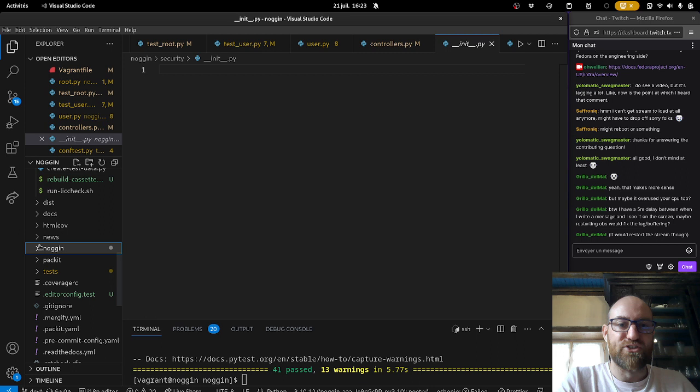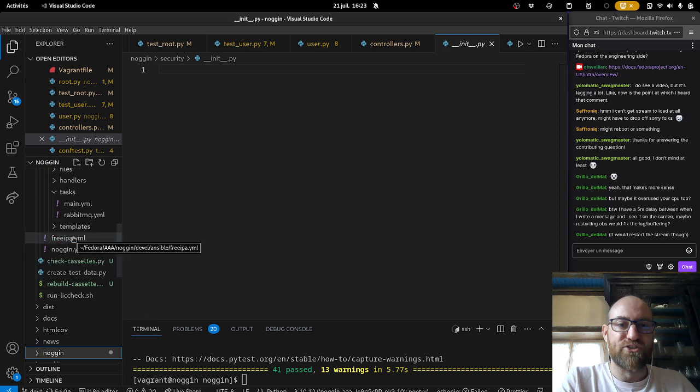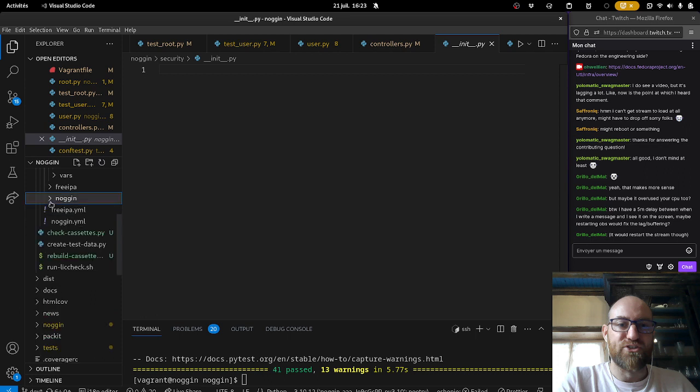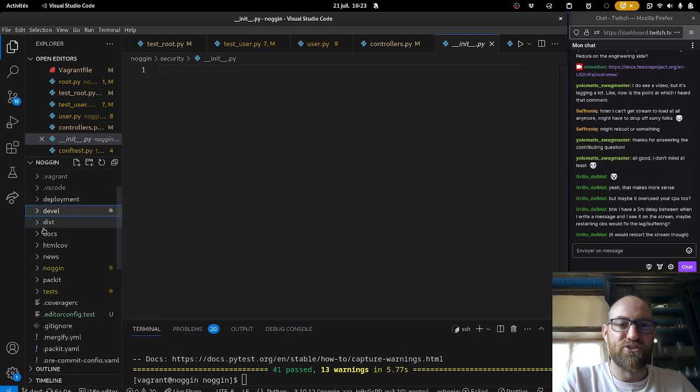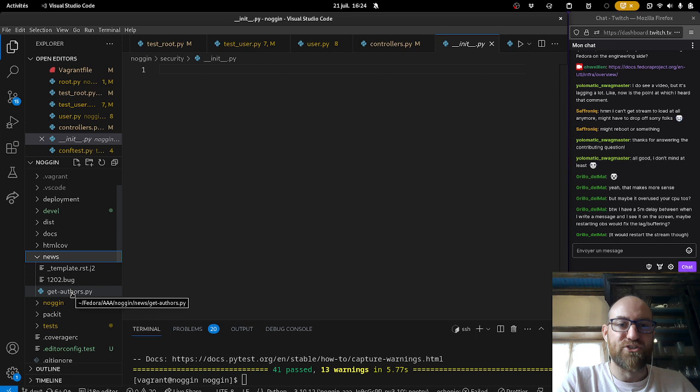In Noggin and in a lot of apps in the Fedora infrastructure, we use something called Towncrier. Towncrier is a tool that can create your changelog for you. It aggregates different pieces of changelog together in the changelog, so it's a pretty simple script. It has some templating around it, and it produces a changelog that is useful for users to read.